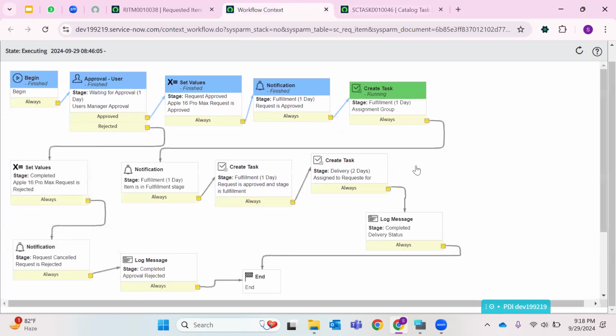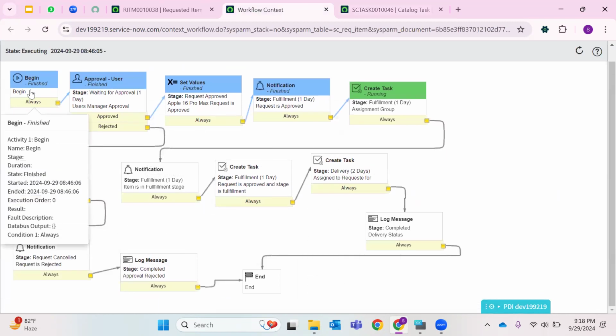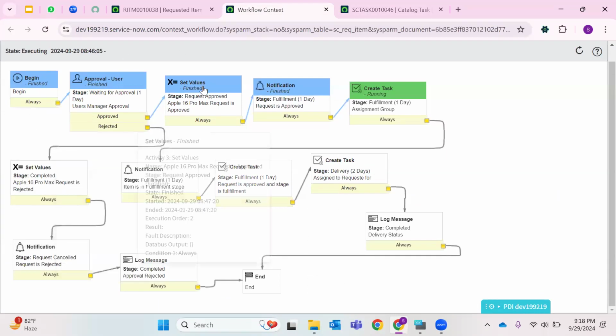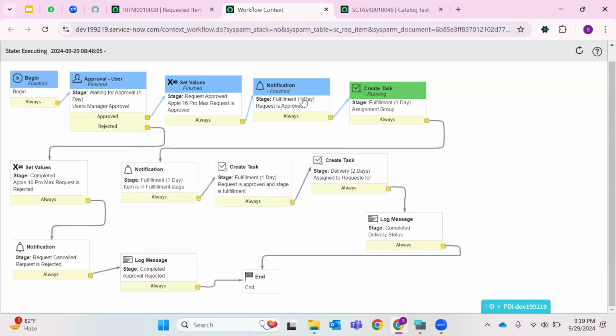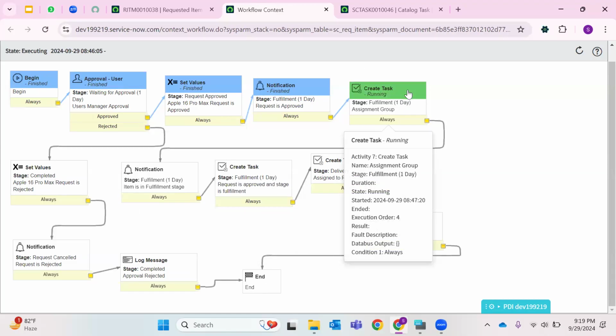See, this is a workflow, guys. It will begin, it will go for approval. Once the approval has been approved, it sets the value as approved and the notification is sent. It will create a task. To which group will it create? If I just open it,